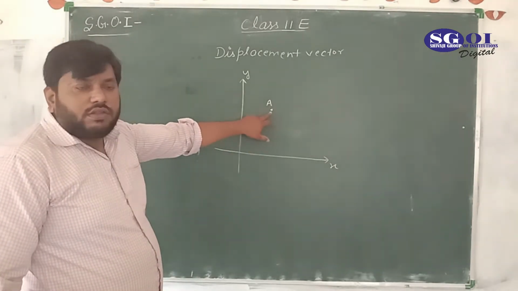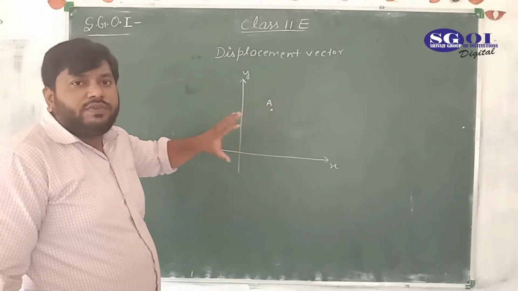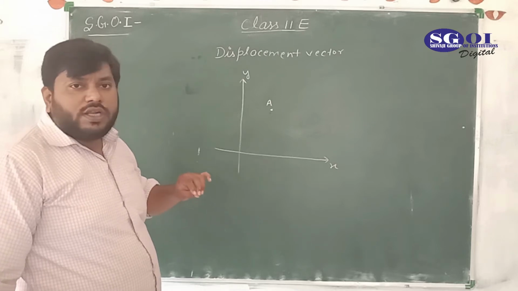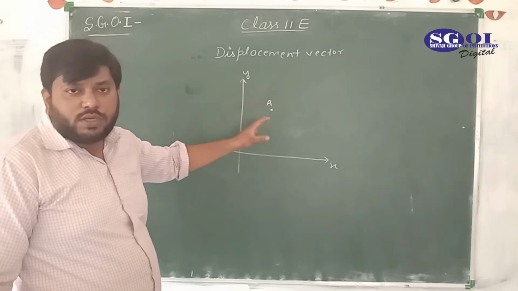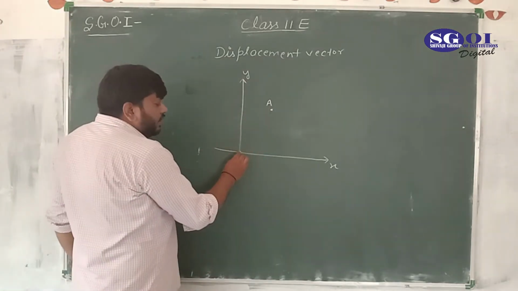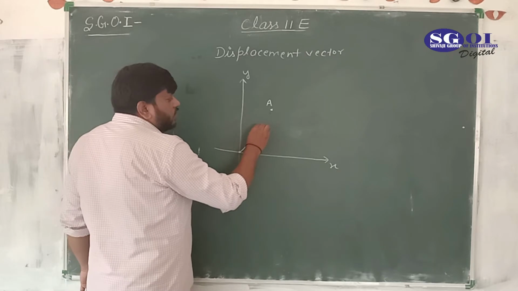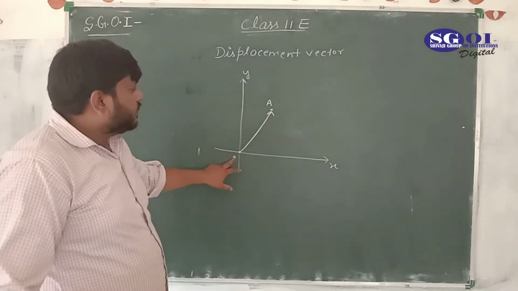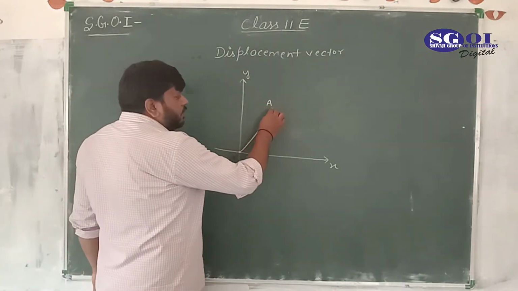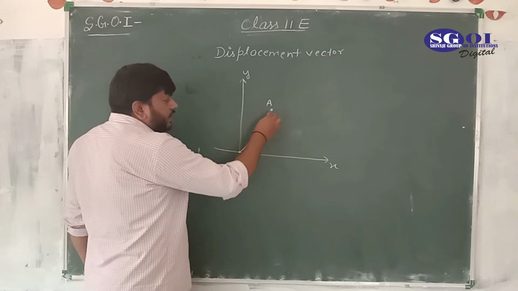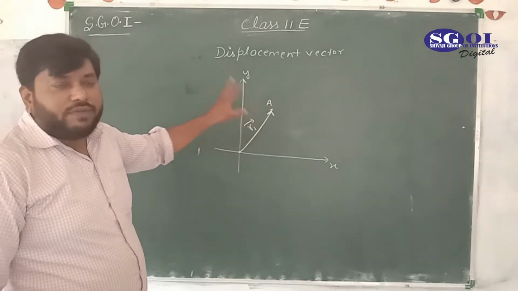So, for representing the position of this object at the point A, we know that we have a position vector. Okay, I have told already that position vector is used to represent the position of a particular object at a particular point. And for position vector, this is with respect to origin reference point. On joining the vector from origin to that point, this is the position vector of this object which is at position A. So this is the position vector and I named it as R1 vector.